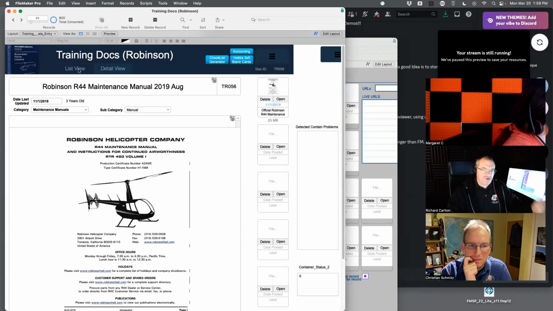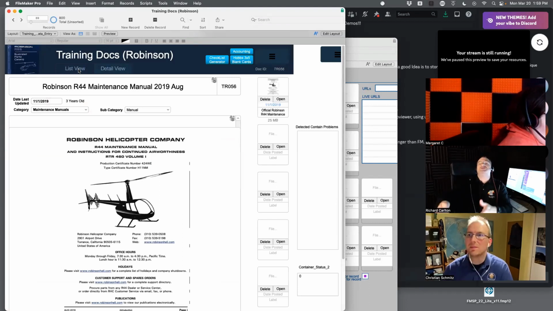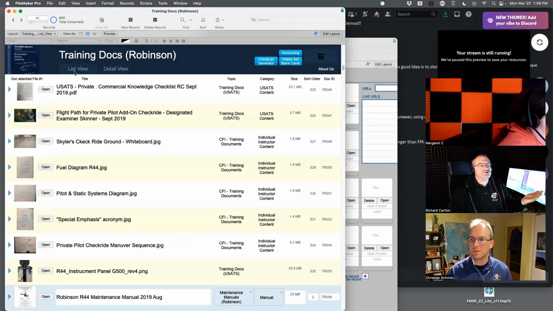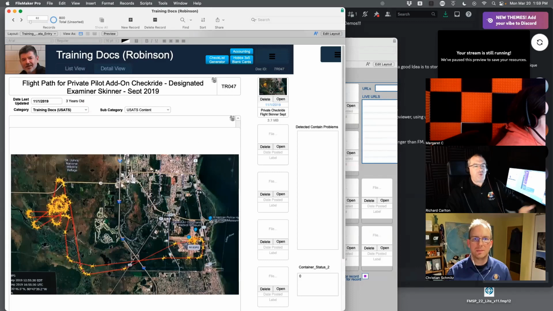Otherwise, even with remote containers, we're pushing FileMaker so hard sometimes that FileMaker just can't keep up. So you need a lightweight thumbnail. That's what we're talking about with Christian Schmidt. In my case, the light thumbnails are only in the list view. When I drill down in the detail view, we get the full container. But what we're saying with his solution is that the full documents are not actually in FileMaker at all,